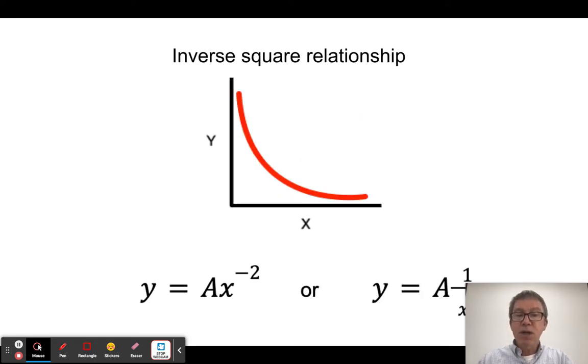Now, an inverse squared relationship is basically the reciprocal of that, right? So you've noticed this looks quite a bit like the other relationship that we had before. It looks a little bit like the inverse relationship, but in this case, it tends to hug the axes a little bit more closely. And so in this case, what we have is y is equal to a constant times x to the negative 2 power,